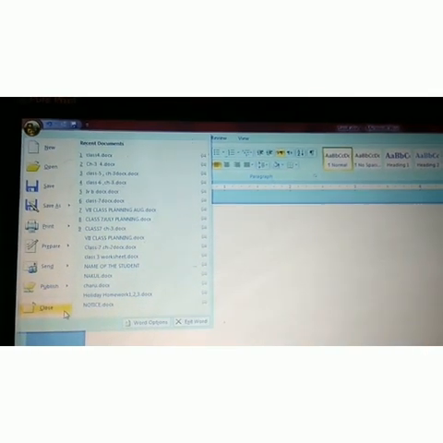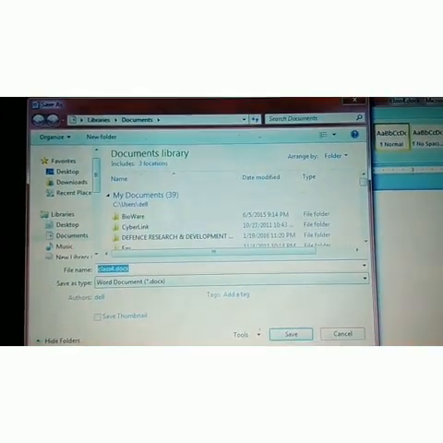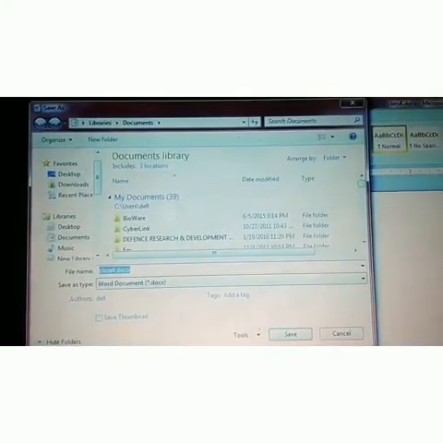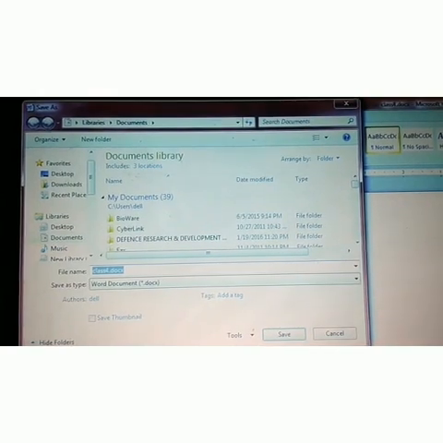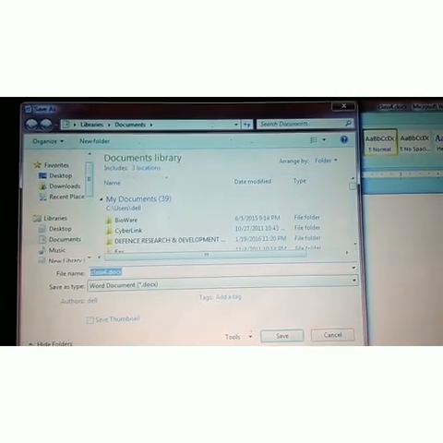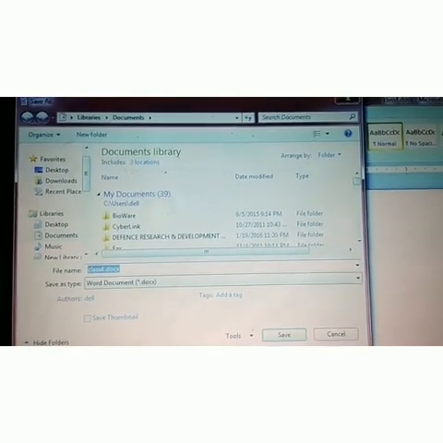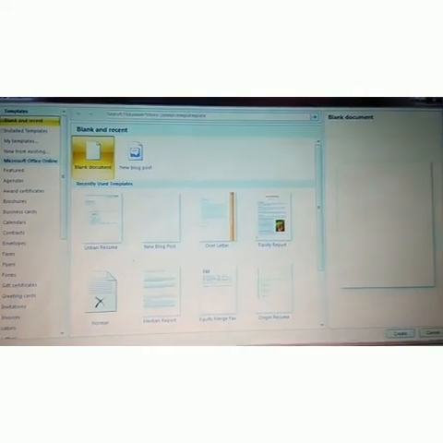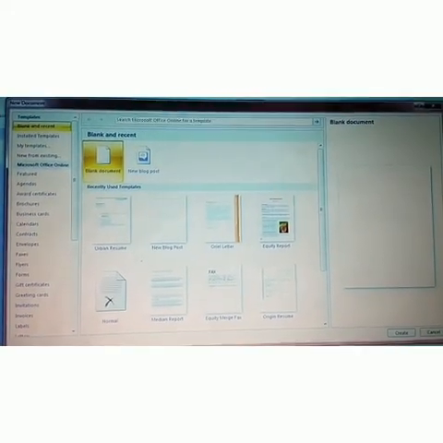Next, students, see, this is a dialog box. Actually, this is the dialog box of the Save As option. We can save our document again. See properly, this is the dialog box of the Save As option. And next is the new document dialog box.